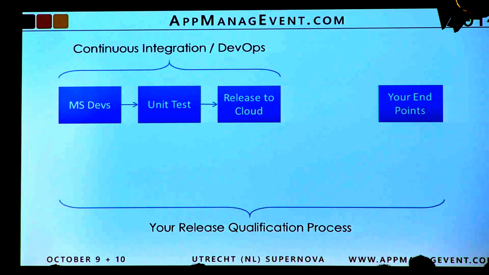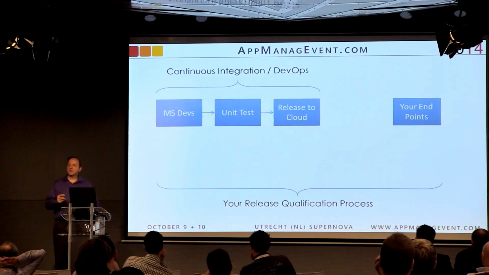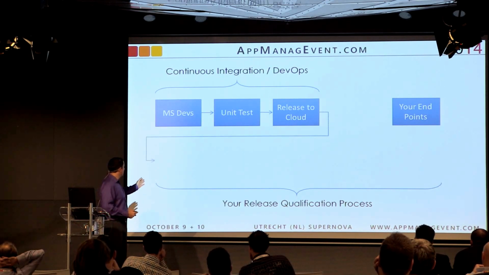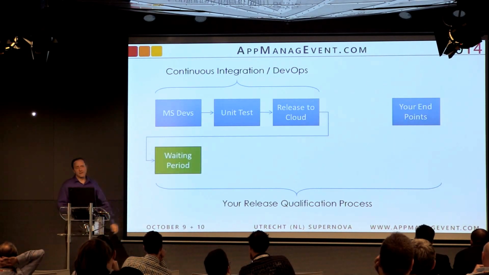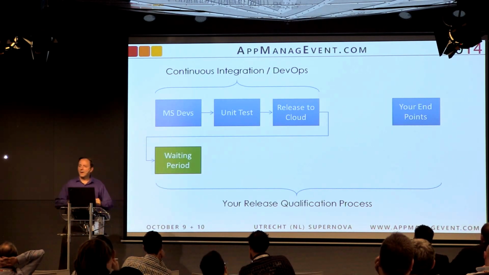And I think you need your own release qualification process. Does it need to be a full-blown UAT testing every month like you do when you get a new version of Office? That's up to you. Microsoft's definitely advising a lighter touch. You can go lighter touch, but go farther than Microsoft, but not as far as full-blown UAT. So I'm advising that you would have a waiting period. See if they pull back the source, just like the old idea, don't deploy anything before Service Pack 1, right? So have a waiting period.